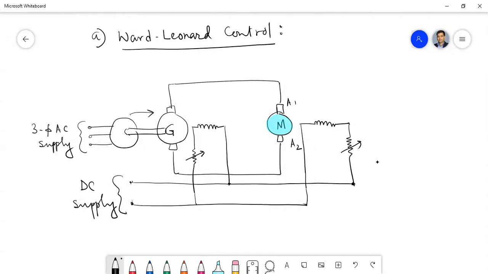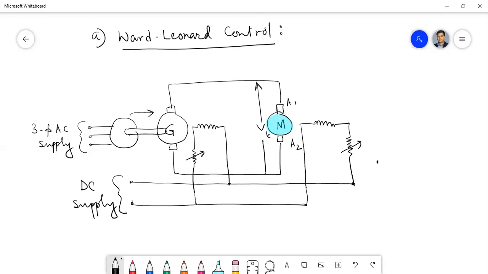Sometimes you just forget that there are several machines, three machines altogether. Which motor are we actually controlling? For that, I should tell you that the motor is actually under control, and the supply of the motor is given by the generator. Now, if we change the generator output voltage, then the terminal voltage of the motor will change. So this is the VT, which we are actually controlling.